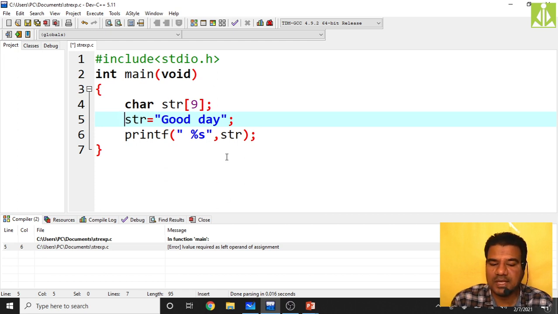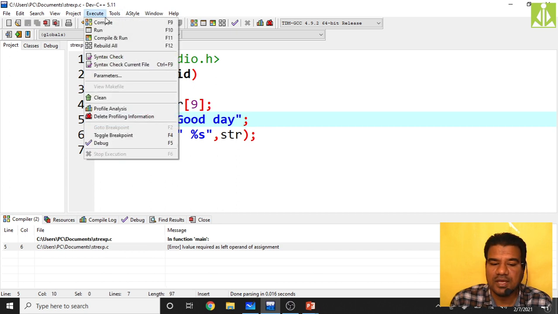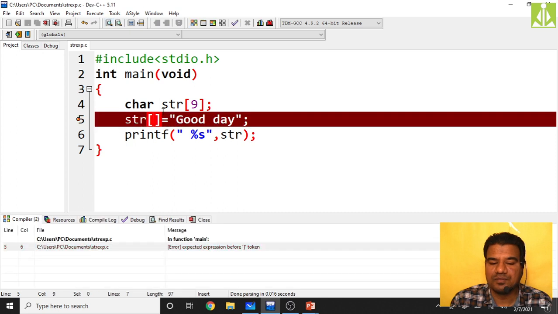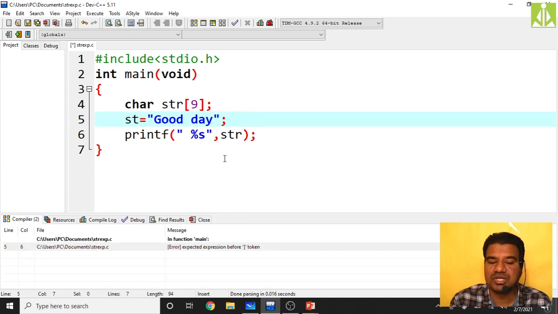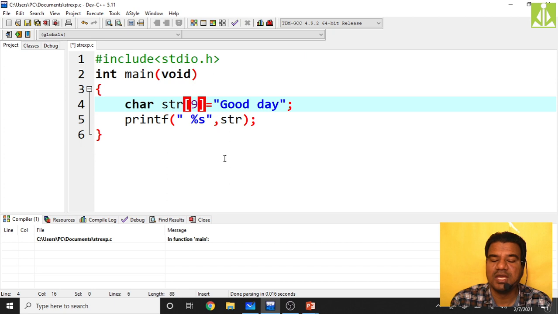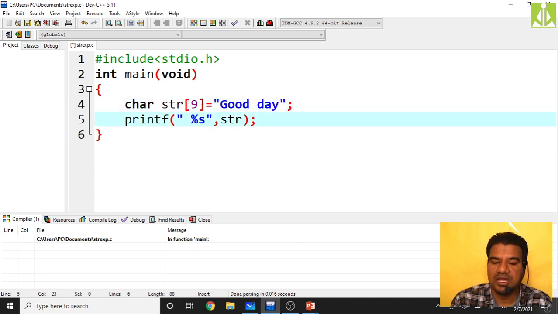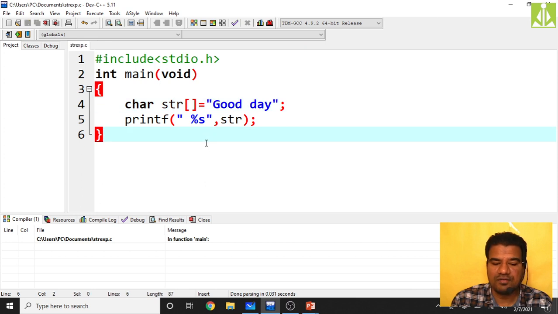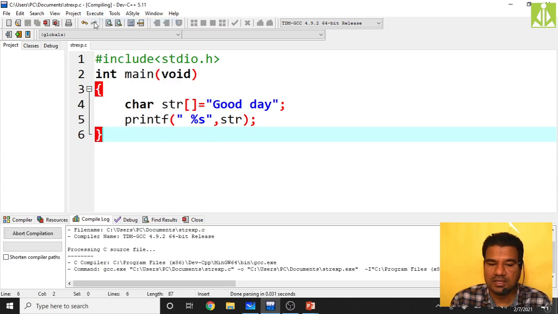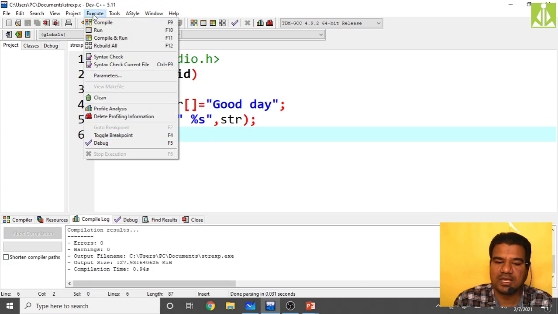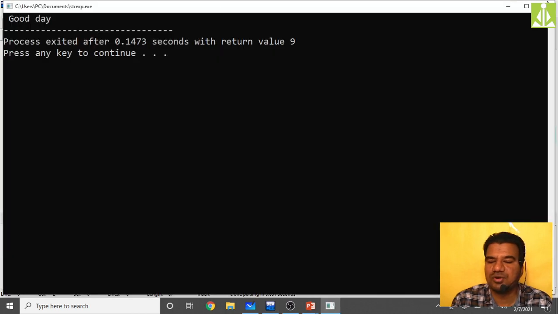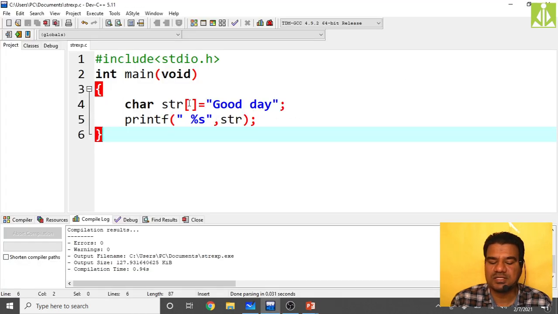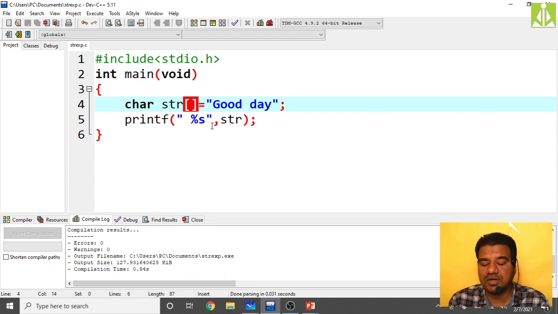So basically for a string, wherever you are doing the declaration and definition, there only you have to do the initialization for a string, even if it is fixed length or variable length. Okay, making a string fixed length is meaningless over here. So just in case you are reading from the keyboard, at that point you have to do the initialization. Like this it is accepting. With size also it will accept.